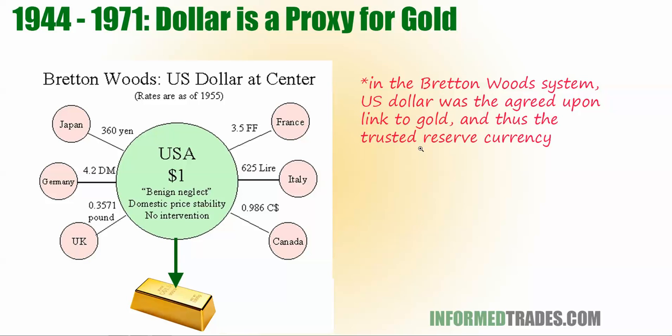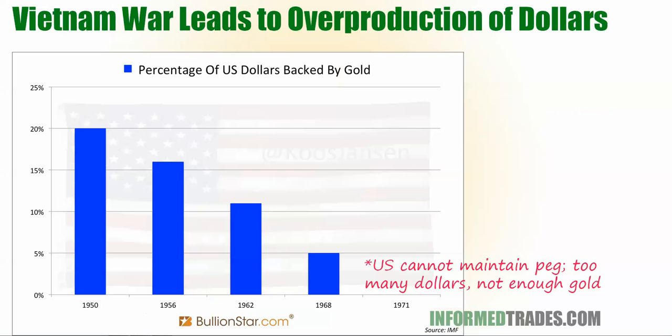So gold was really the reserve currency of the world, but dollars were a proxy for gold because every country knew that they could hold dollars and the exchange rate was fixed. That was the idea, and that had created a lot of demand for dollars because you knew you could just convert them for gold, and everyone agreed that was a safe way of having the dollar be the reserve currency. However, in the 60s, the U.S.